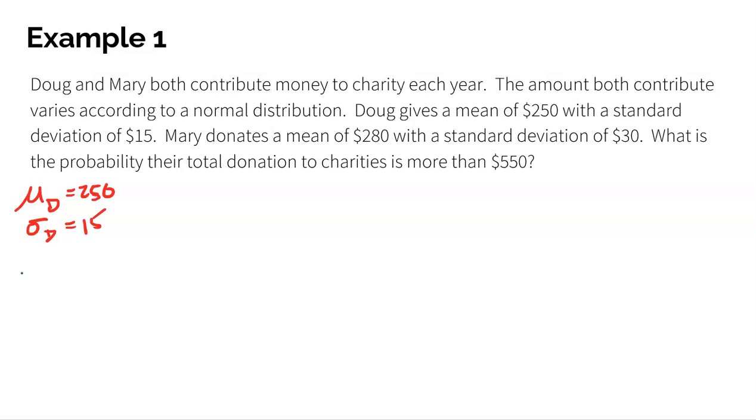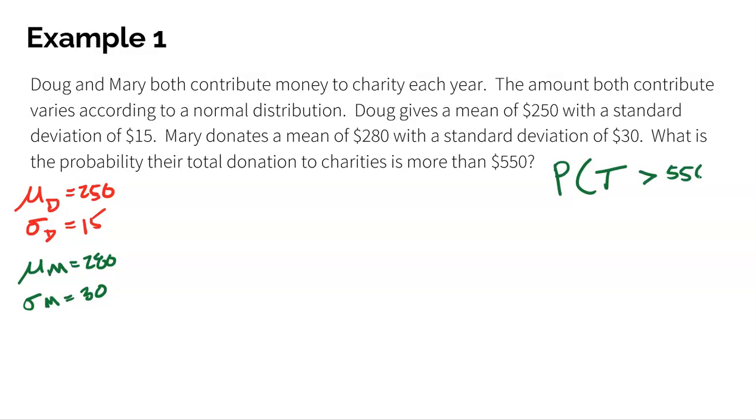Then we have Mary. Mary's mean donation, use an M for Mary, is $280. And sometimes she varies as well. Sometimes she gives more, sometimes she gives less. So the standard deviation for Mary is $30. What is the probability that their total donation to charities is more than $550? So the question is literally finding the probability that their total, I'll use a T for total donations, is greater